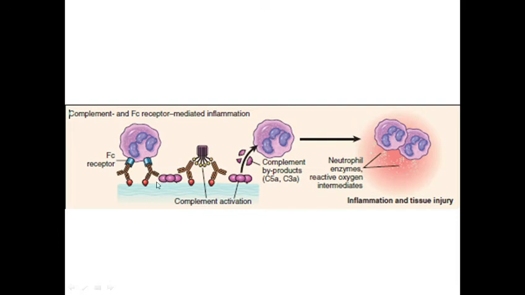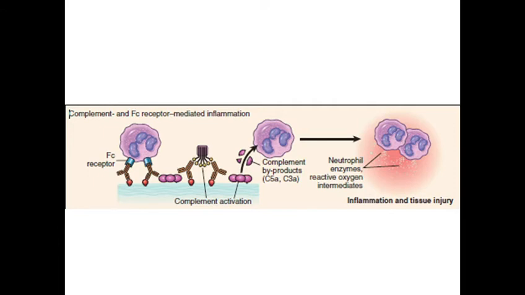Another mechanism is that this is the antibody which is binding to antigen located on the cell surface or the extracellular matrix. It has got an FAB portion. This FAB portion binds to the antigen. It has also got an FC portion. This FC portion can be recognized by cells having receptors for this FC portion of immunoglobulin, such as natural killer cells, macrophages, etc. This leads to antibody dependent cellular cytotoxicity.